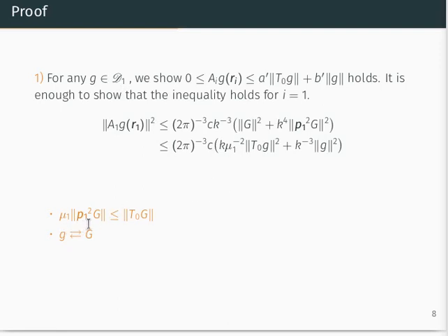mu1 times the norm of p1 squared g is less than or equal to the norm of T0 g, which implies that the square of the norm of p1 squared g is less than or equal to the square root of mu1 times the square of the norm of T0 g. Here we also use the isometry between the g's,